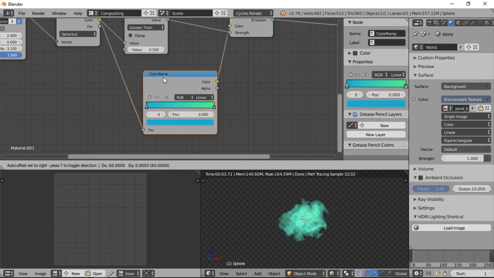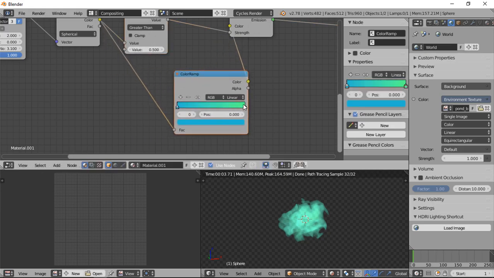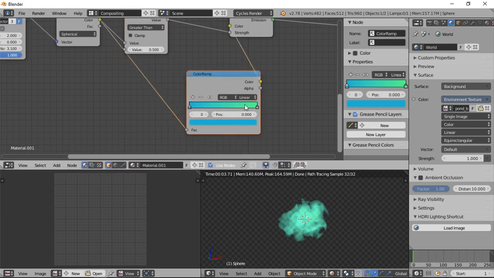Since we only want values that are greater than 0.5, there's no point in spending a lot of our radius. I'm not sure if that makes sense. We're only looking at values from 0.5 to 1. So the only colors that get used are these ones here, because this is radius 0.5 all the way to 1. You can drag this over here,